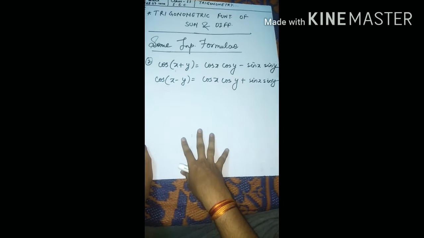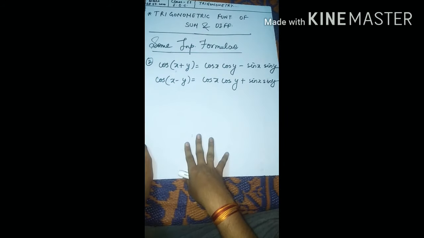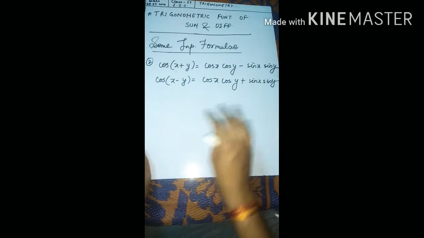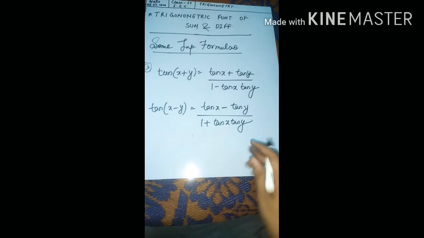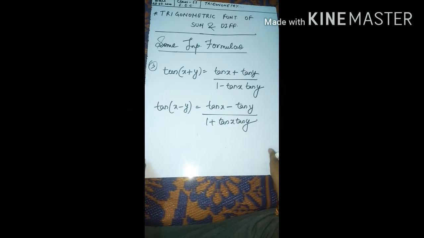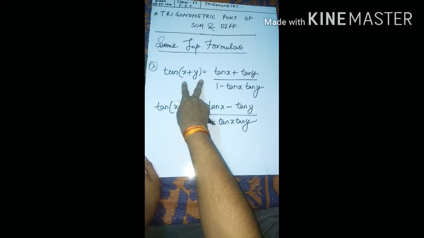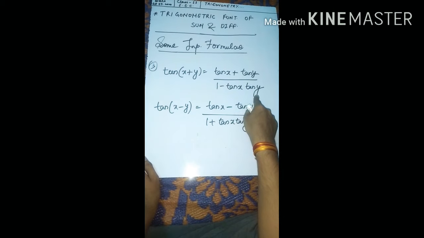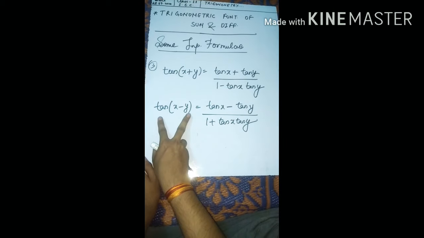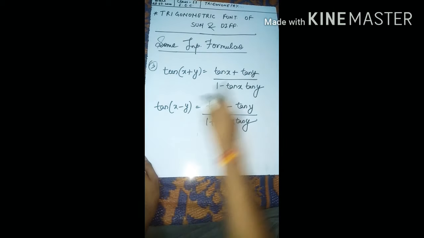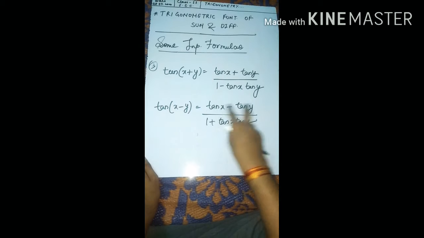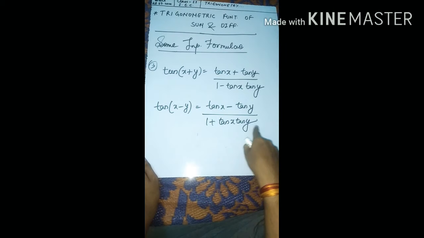You take an example of your own and try to verify whether this formula is correct or not, for your sake. Okay, like this you can understand. Now, what is only left? tan. So the tan(x+y) identity says (tan x + tan y) upon (1 - tan x tan y), and similarly for the tan(x-y) identity the signs will be changed, plus-minus, minus-plus, rest all things will be the same, that is (tan x - tan y) upon (1 + tan x tan y).